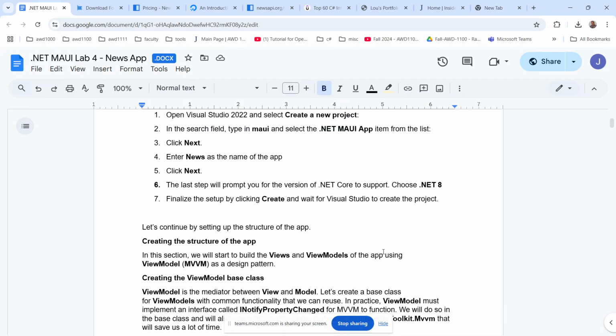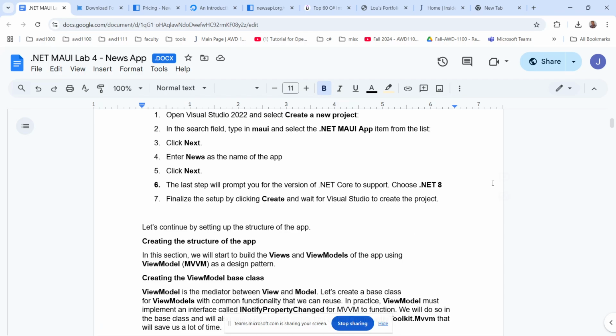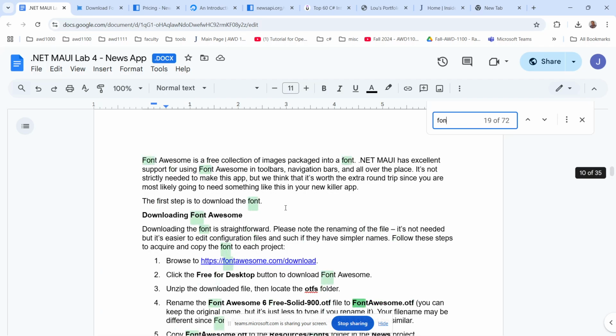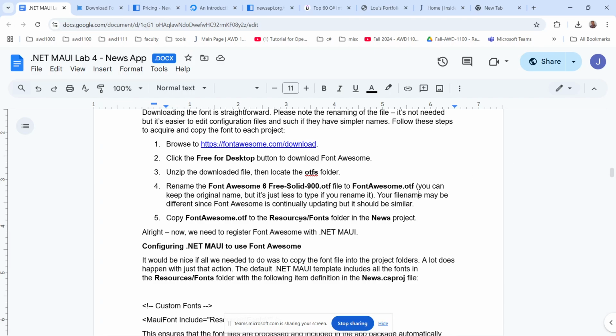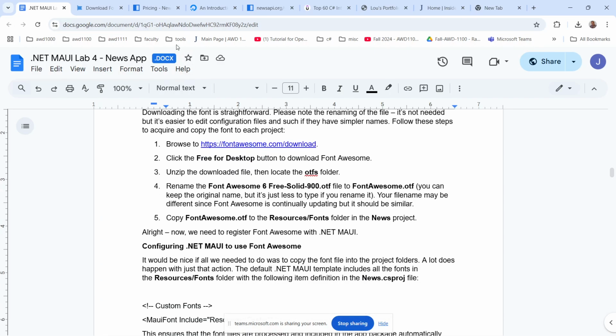Okay. Some other things I wanted to point out here: like I said, we were using that Font Awesome. And that Font Awesome, you'll have to download. And it'll tell you here. Let's search for that real quick. There we go. So Font Awesome's right here. So here you browse to this Font Awesome. You download it. Make sure you get the free for desktop. And you just follow the directions. Okay. And so right here,